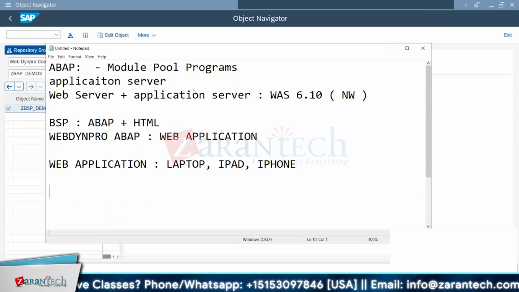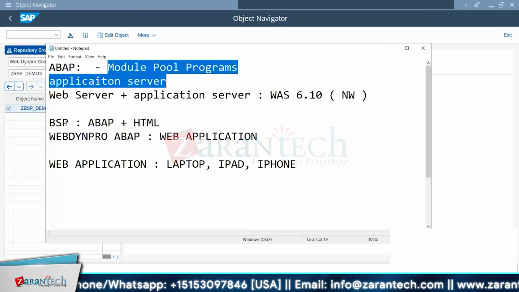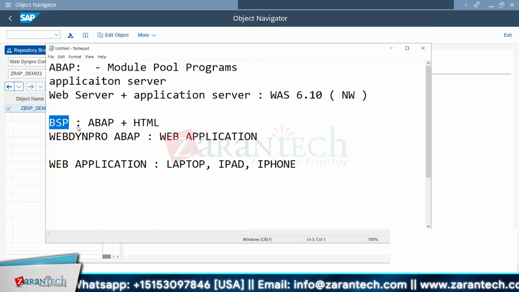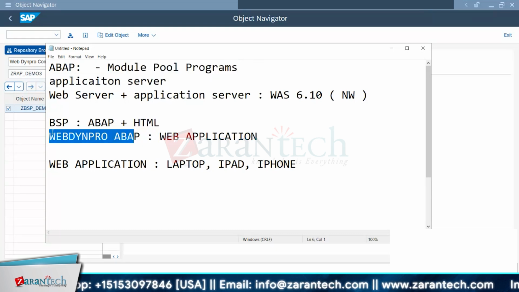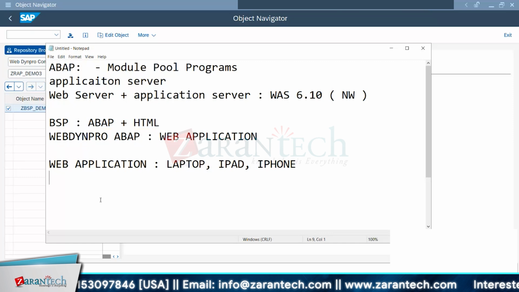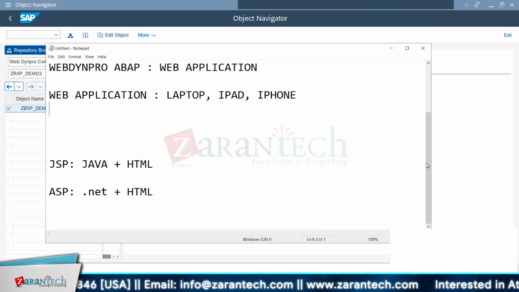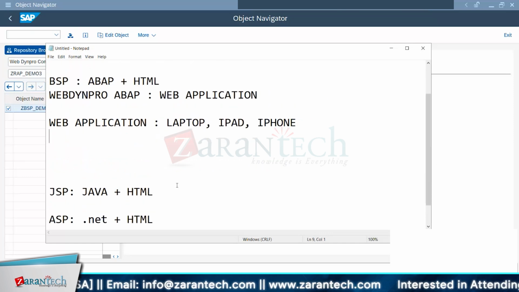Then what do we do? Definitely, multiple programs are not working out. BSPs are gone. WebDynpro applications are also not the right mechanism to be done. Exactly. That was the time